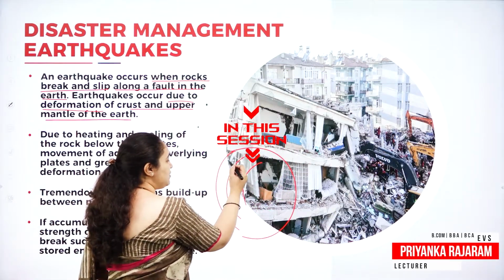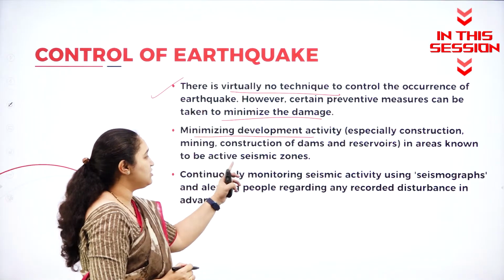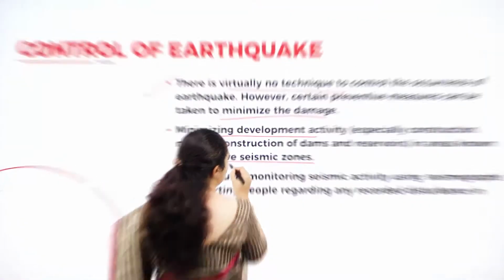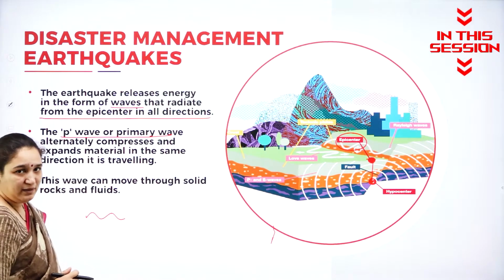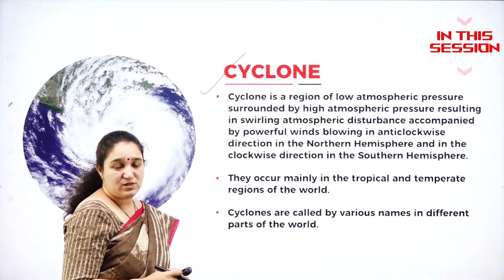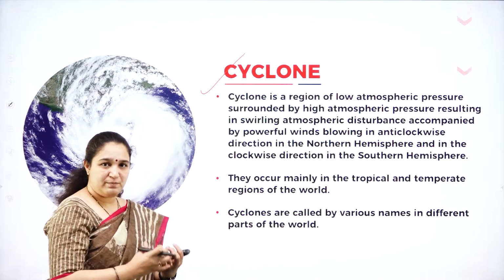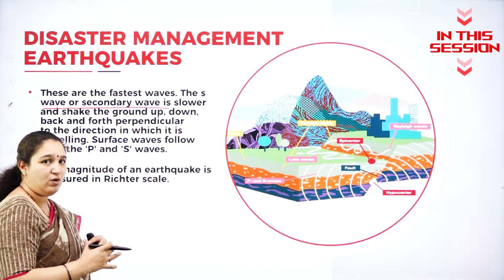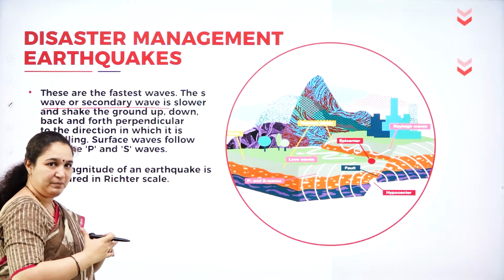Below the earth's surface we have layers of rocks and we call them as plates. Especially construction, mining, construction of dam and reservoirs in areas known to be active with seismic zones. This wave can move through the solid rocks and fluids also it can move. What exactly are cyclones? Cyclone is a region where there is low atmospheric pressure in the center and shakes the ground. This is much stronger also, and it shakes the ground up and down, front and